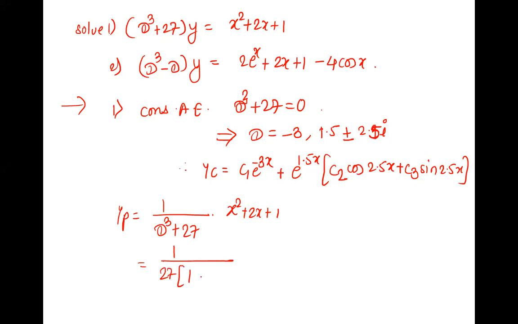So here it is 1 remaining as it is upon 27 into x square plus 2x plus 1. Next step, it goes up with the inverse. So therefore, yp is equal to 1 by 27 into 1 plus d cube by 27 inverse on